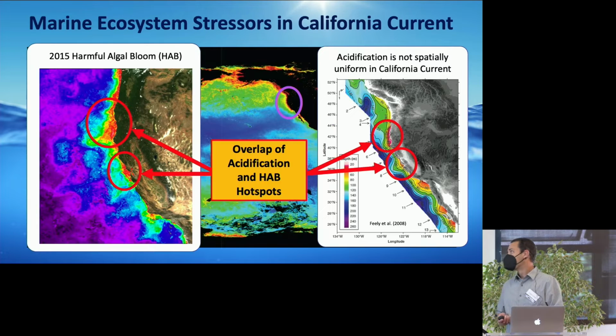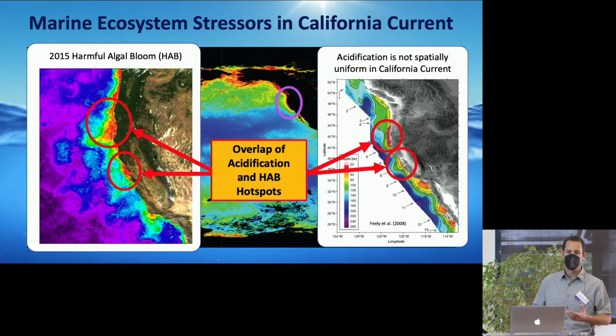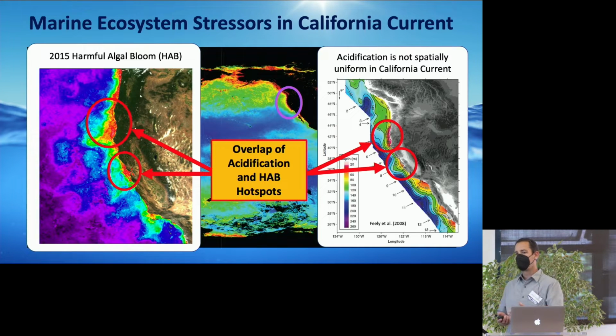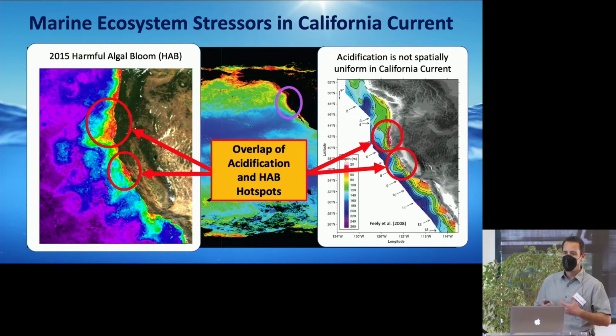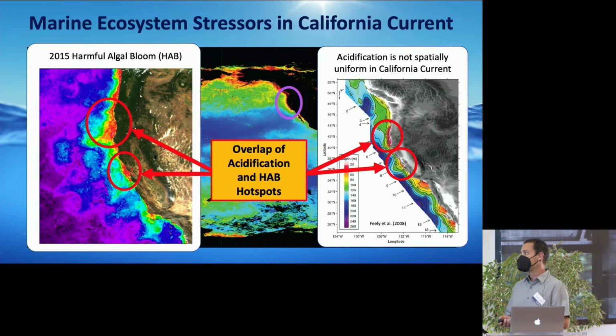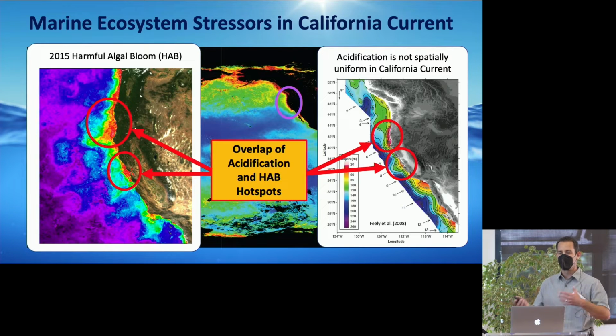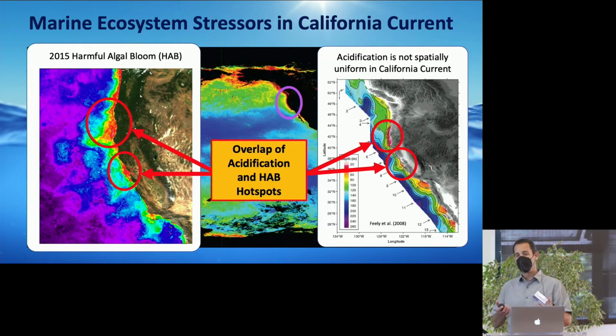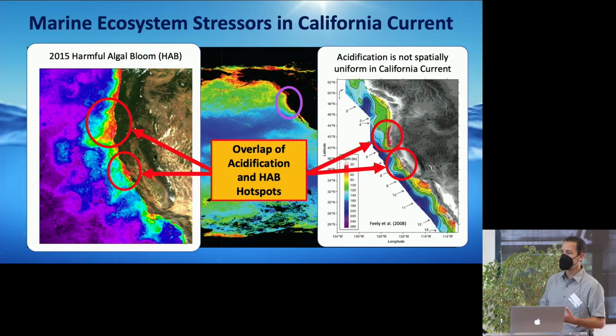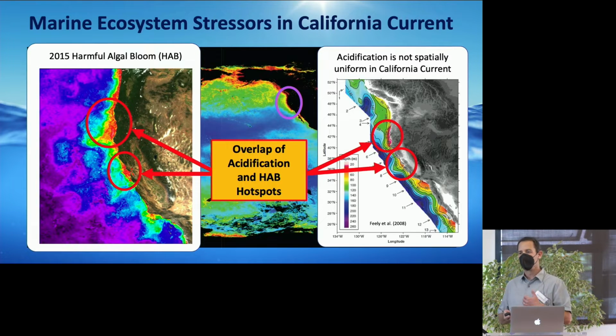And furthermore, those regions that might see faster acidification, so a more stressful environment for organisms, are also the regions where we tend to observe more frequent and more intense harmful algal blooms. So there's a possibility here for toxins and acidification and warming to all combine with each other, if not amplify each other. So one way that we have to understand the future evolution of the system is to use those